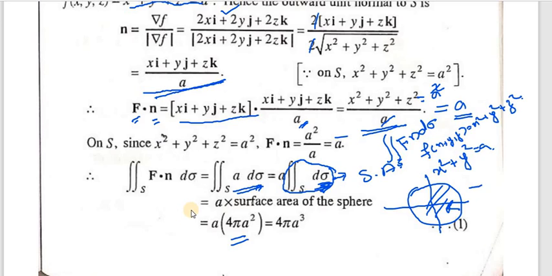So we can find del f by mod del f. Its value we have already found. First, to find the integral, we have to find here the double integral over S d sigma, which should be equal to, a is outside, double integral over R of del f by mod del f